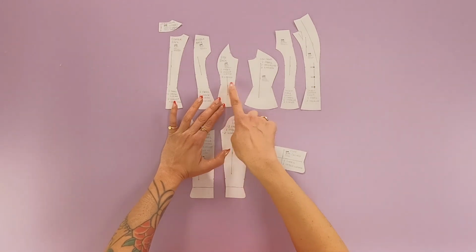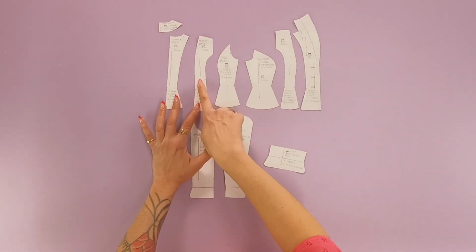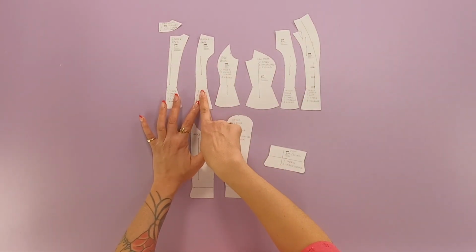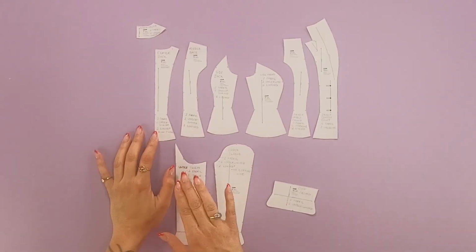Your side back, very similar to the side front. On all these pieces, it's going to be 2 fabric, 2 underlining, and 2 lining. Middle back, again, echoing the front here, and then your center back. So the one thing I will say about the center back is that for the lining, you do need to